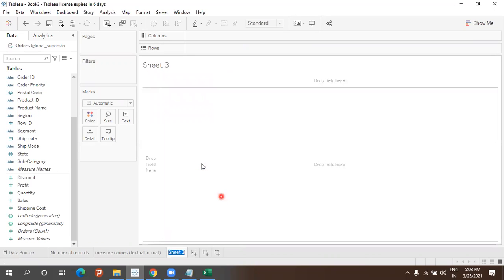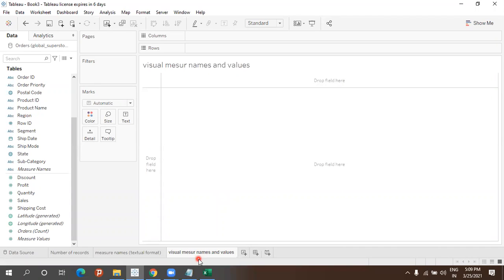Visual. Measure names and measure values. Let it be visual measure. We're going to do measure names and values visually, based on visualization.